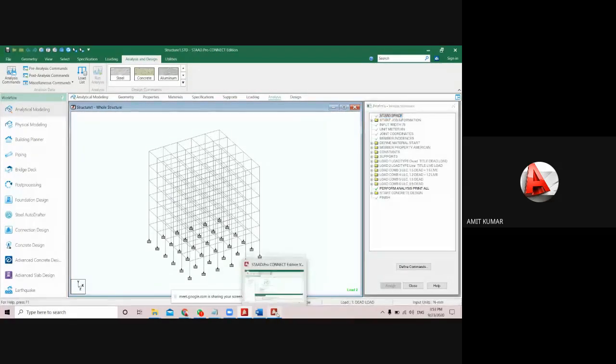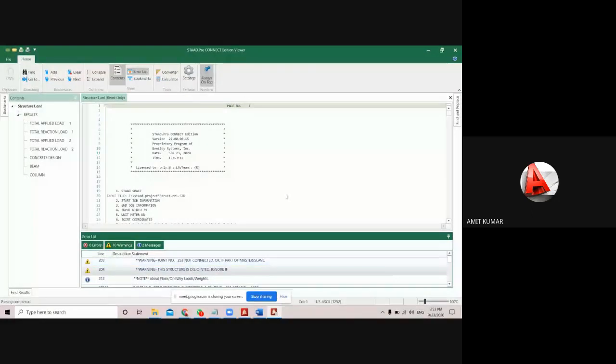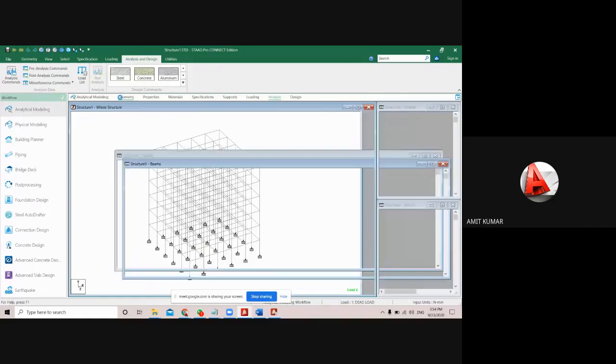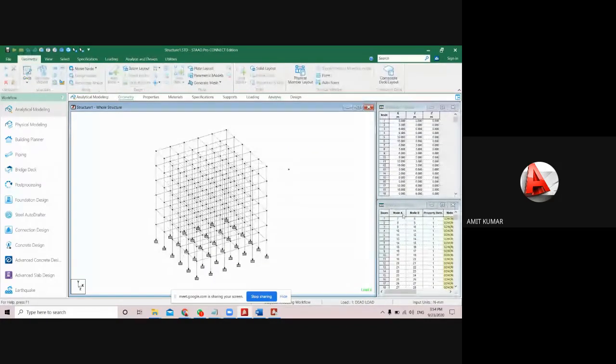So in this condition, I have to recognize where the node number is, that is, the joint number. It is 253. In that condition, you have to come to the Geometry first, then come to the Node Point. At the bottom, you will get the node number 253. If it is visible, then it is good.